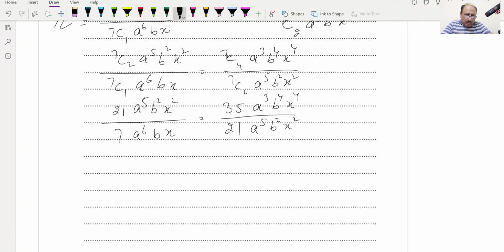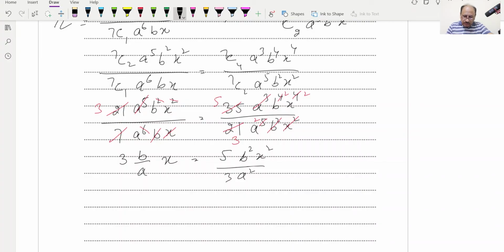and for cancellation, 7 3s are 21, and this will be cancelled by this, and b will be cancelled with b squared, and x will be cancelled with x squared, and the remaining part will be 3b over a and x, and this will be equal to, we can cancel this side. 7 3s are 21 and 7 5s are 35, so a^3 will be cancelled and we will get a^2, b^2 will be cancelled and we will get b^2 over here, and x^2 will be cancelled and we will get x^2 over here, and this will reduce to 5 b^2 x^2 over 3a^2,